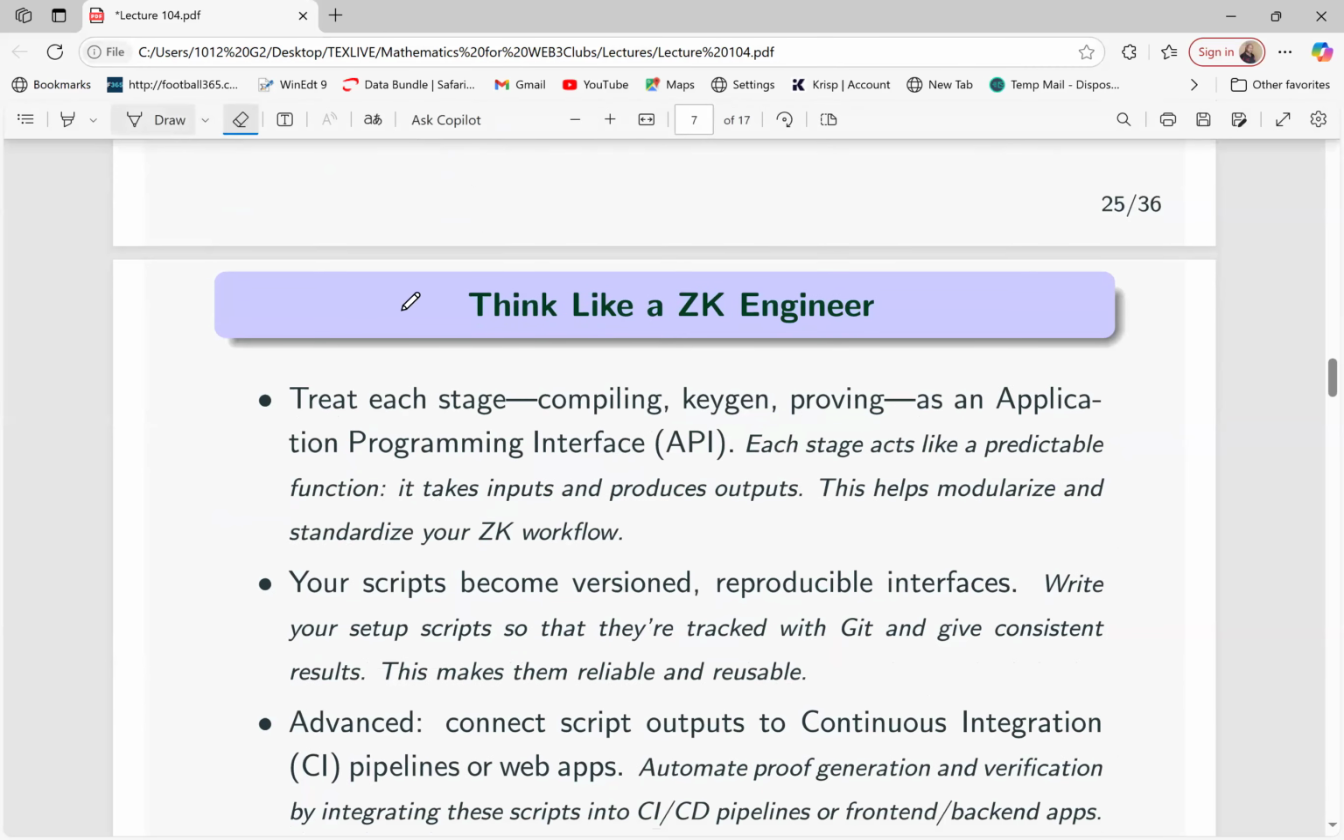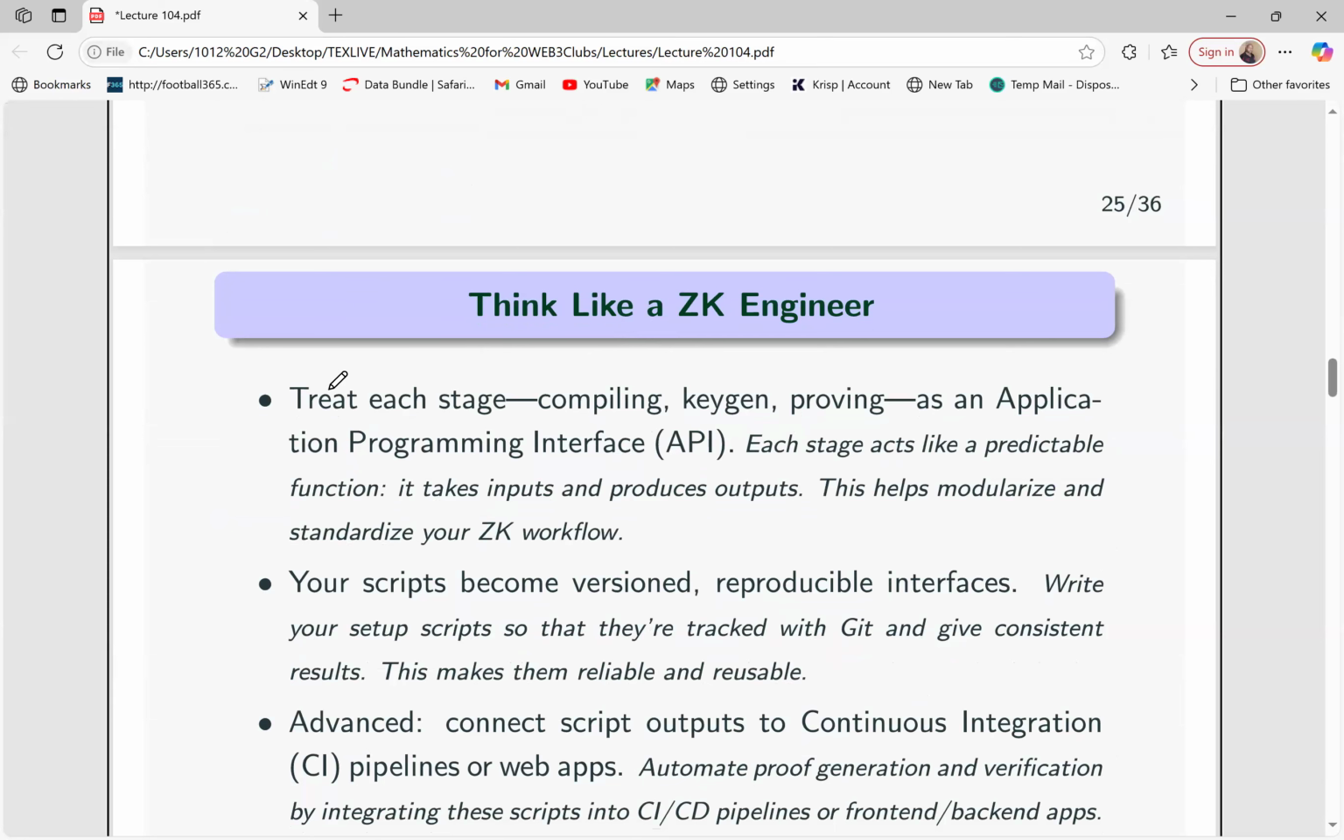Now, I've written here something: think like a ZK engineer. So that means treat each stage, compiling, key generation. Of course, we'll be doing nargo compile, nargo execute. Then we do key generation, we do the proving. So for us to think as a ZK engineer, it means